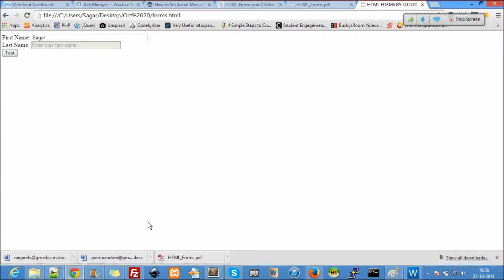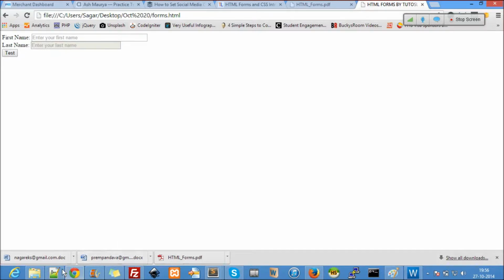So when to use all these things like disabled, do you really think you use it? It's pretty much simple. All these parameters are not that useful now in HTML. These attributes are useful in JavaScript, where you try to validate, right, without filling first name. Let's say somebody did not even fill first name, they can't really fill the last name, right? So to restrict some things, you have to use these parameters.